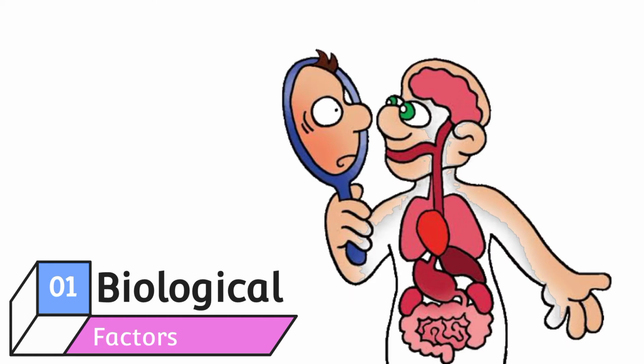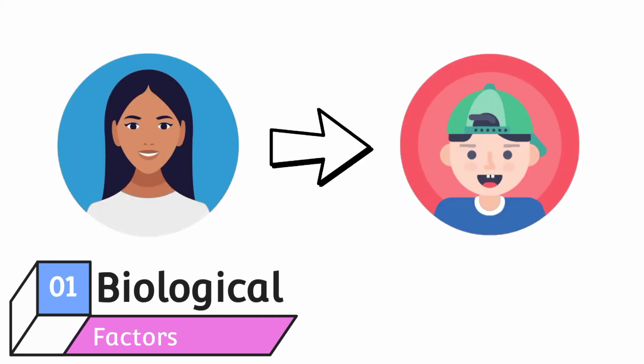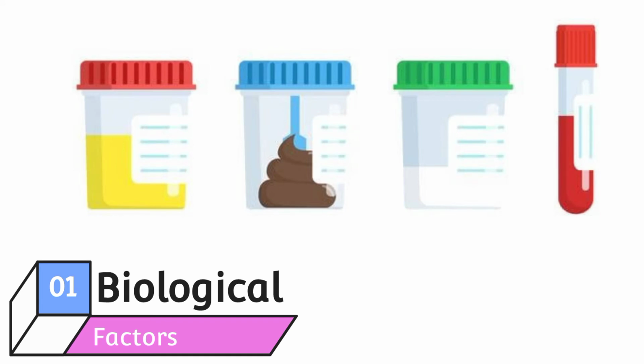The determinants of personality can be grouped into 5 broad categories. The first one is biological factor. It comprises the whole physical aspect of a person. Heredity, for instance, is an example of a biological factor. Most of us get some or most of our personal traits from our parents' characteristics through their genes. In addition, hormonal changes, brainwave patterns, and blood pressure can contribute to changes in our moods, feelings, and behavior.